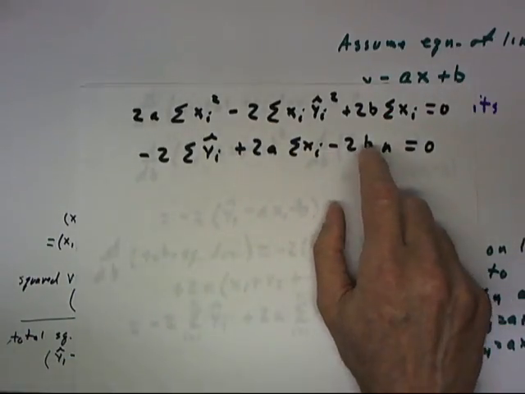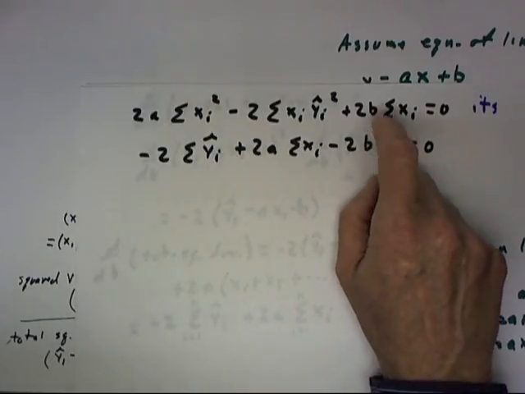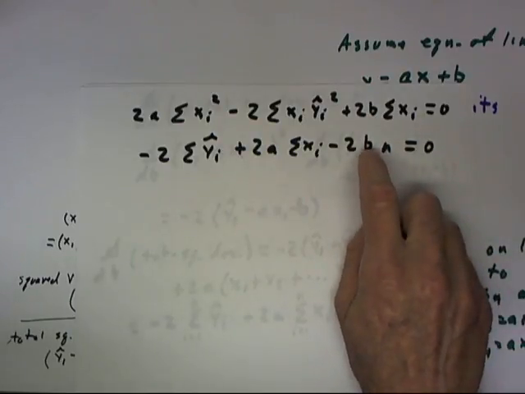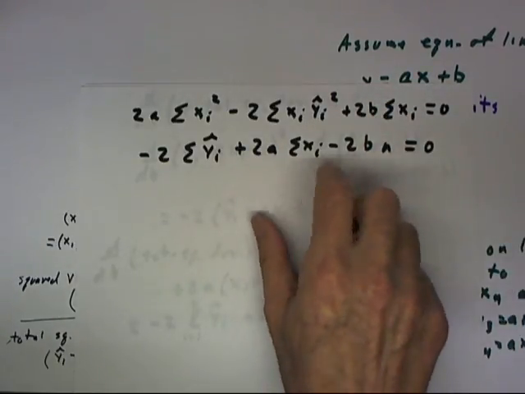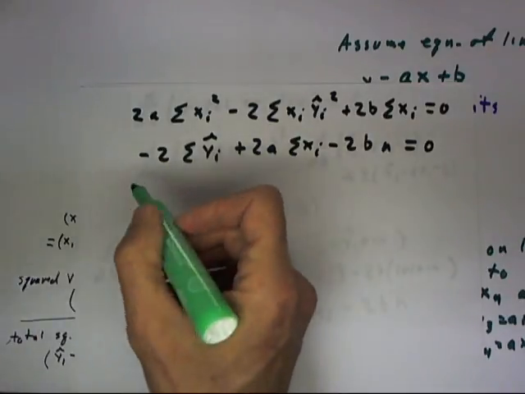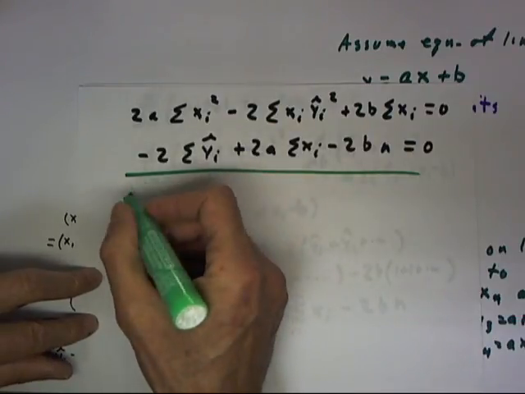We have only a single b term in this equation. Remember that one method of solving two equations for two variables is to solve one equation for one of the variables in terms of the other and plug that into the other equation. Might look a little messy, but it's going to turn out not to be too bad. So what do we have? From the second equation,